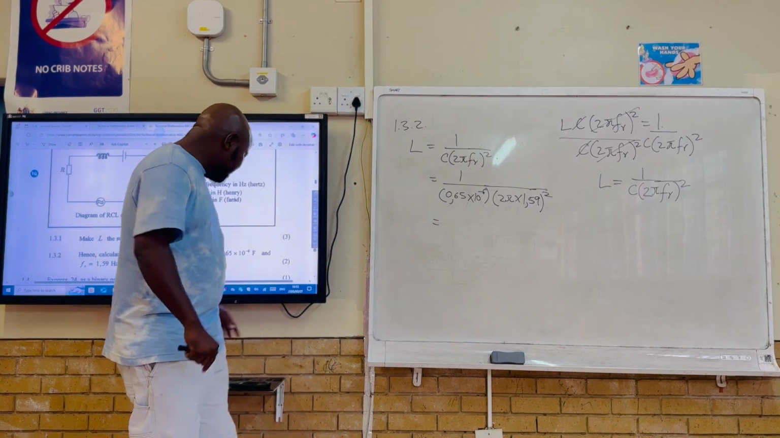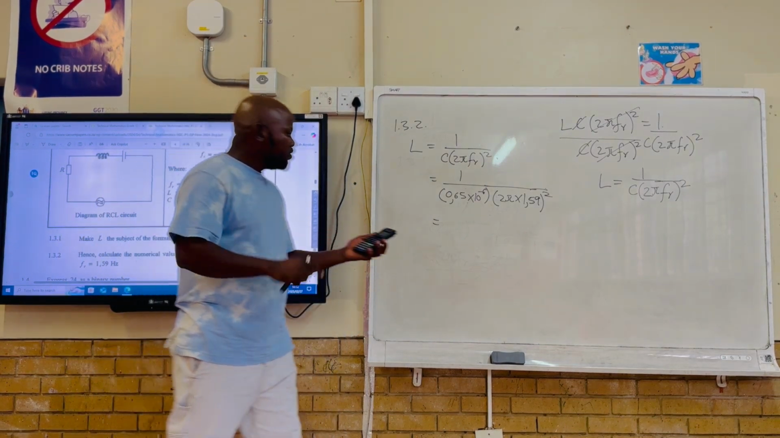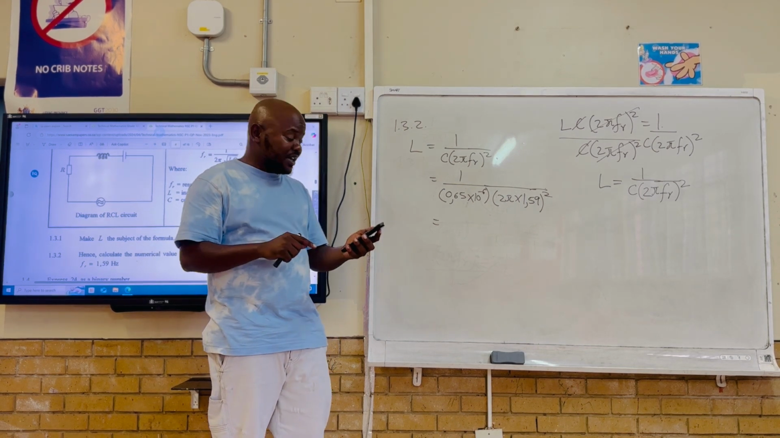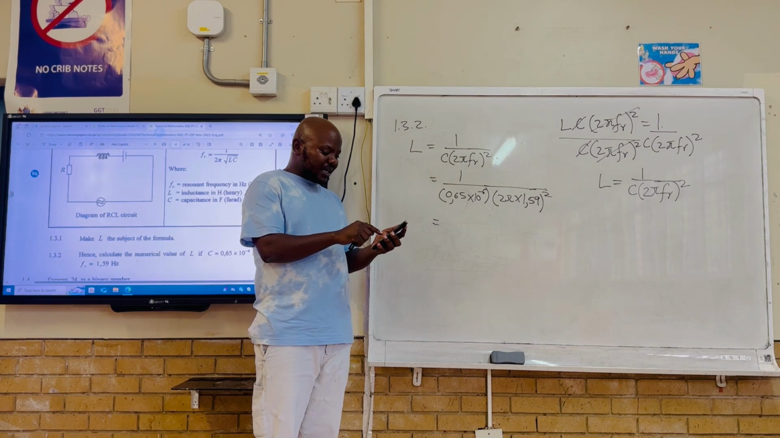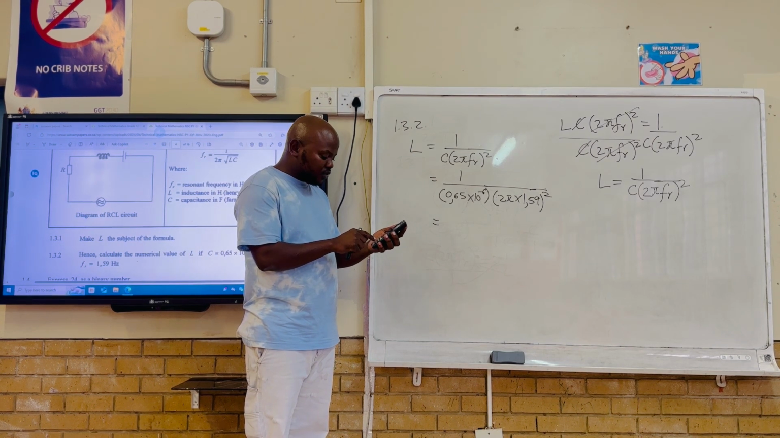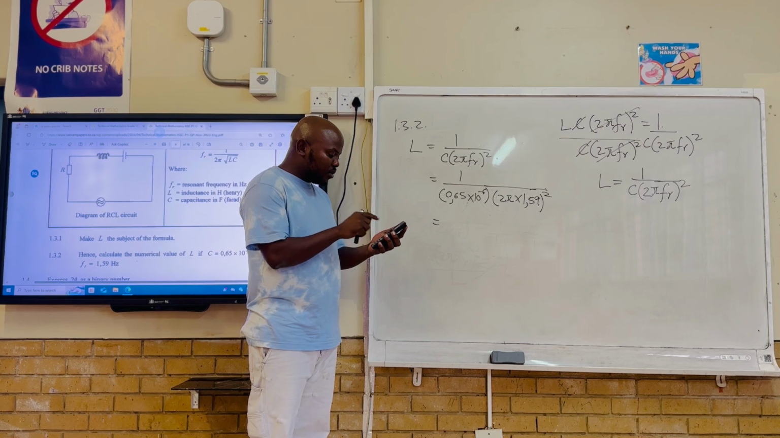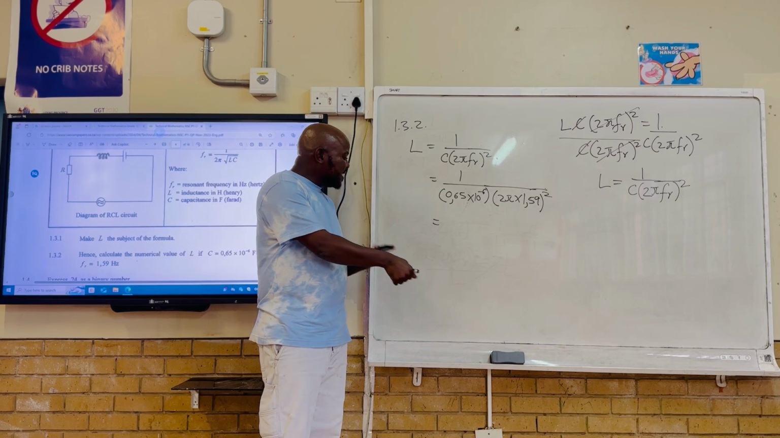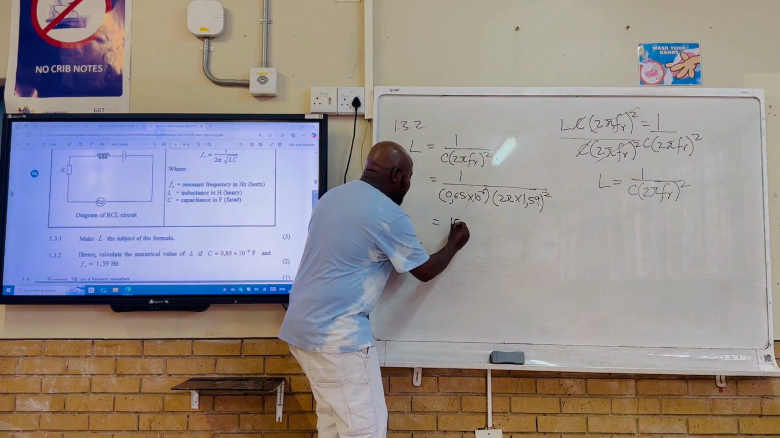When you get to this point, you don't need to stress yourself. You can just take your calculator and clear it so that you don't get wrong answers. You have 1 divided by 0.65 multiplied by 10 to the power minus 6, and we have 2 shift pi multiplied by 1.59 all squared there. Our solution for this answer is the inductance will be